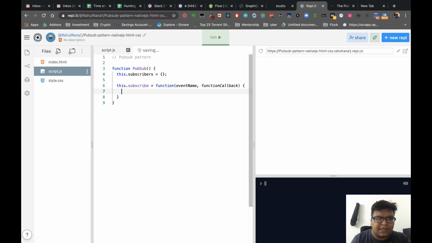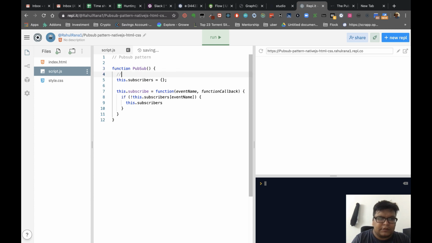First we will check if this.subscribers[eventName] does not exist, because corresponding to each event name, it should be an array of callbacks. So this will be the mapping in subscribers.